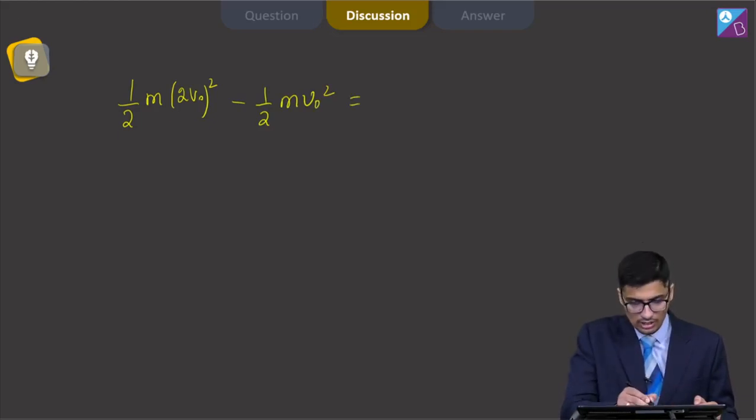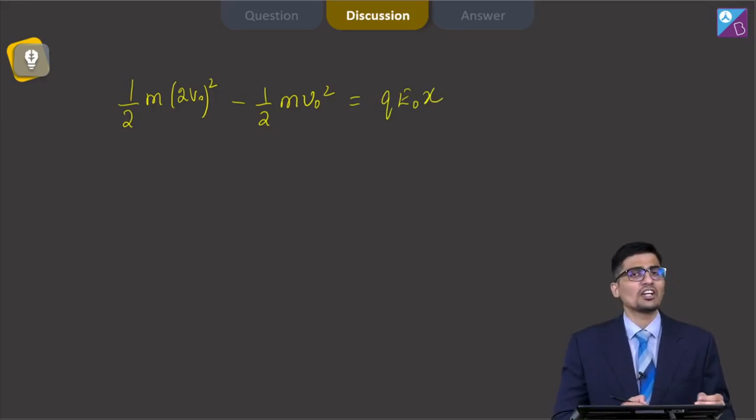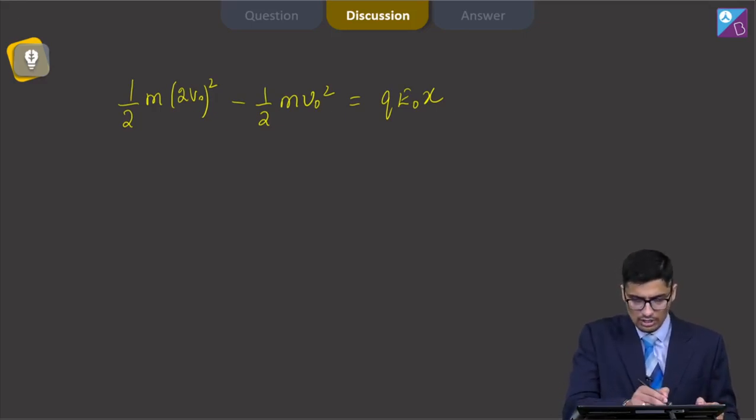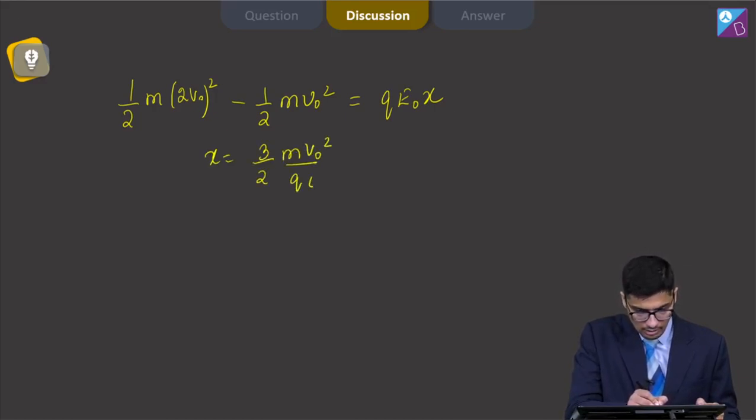Now dear student, the work done by the electric field will be simply q E naught, that is the electric force, multiplied by x. Please note that the magnetic field does no work on a moving charged particle as the force is always perpendicular to velocity, leading to no power. Now from this equation we can write down that x will be equal to 3 by 2 m v naught square by